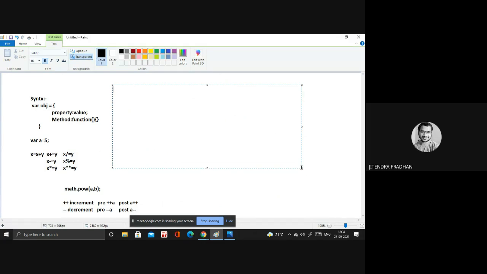Okay, so first thing is the comparison operators. We have equal, the first one is equal. This is the equal operator. Okay, next we have the triple equal. So what is the difference between equal and triple equal? Anyone know? Anyone have any idea about that?